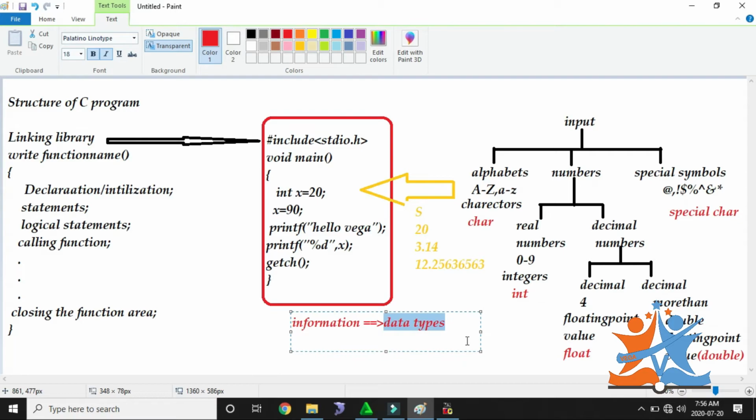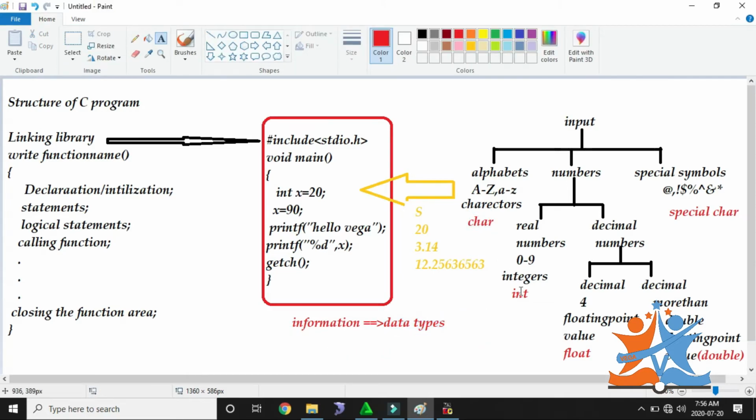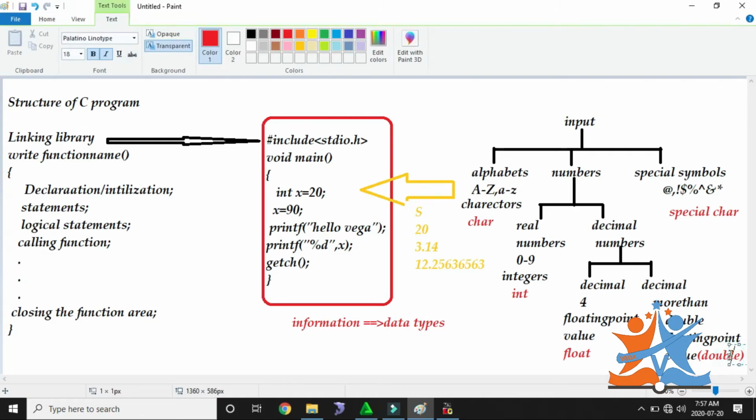Majorly 4 data types: one is char, another is int, another is float, another is double. We will see what they are.